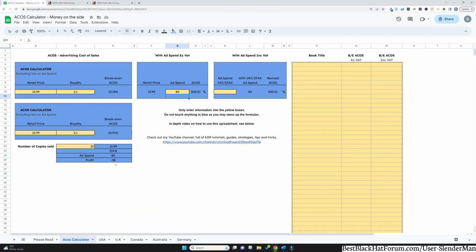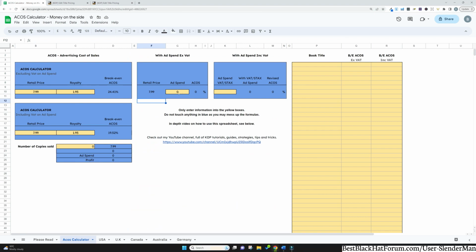And so this is why I said earlier that knowing this stuff will pay for the price of the course multiple times over by saving you from making costly advertising mistakes. With this calculator, you can also change the tax amounts and work out what you should be paying in order to achieve a break-even ACOS. So let's go back and use the logbook example because that's one of the most common types of books. So it was $7.99 and $1.95 royalty. You can see that the break-even ACOS is 24%